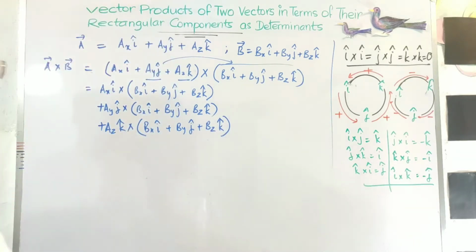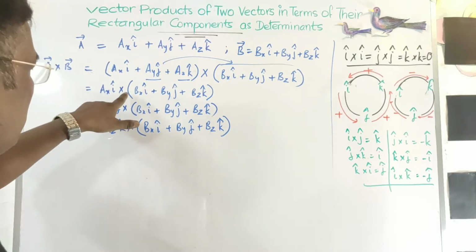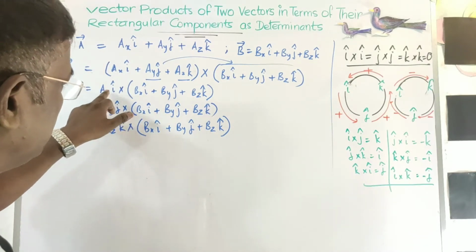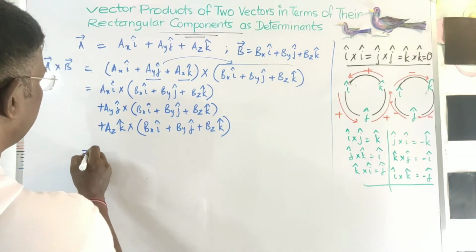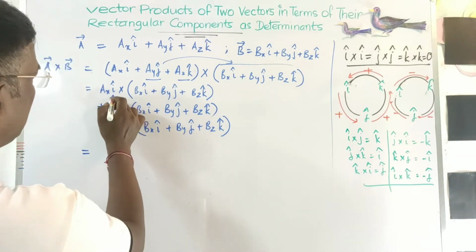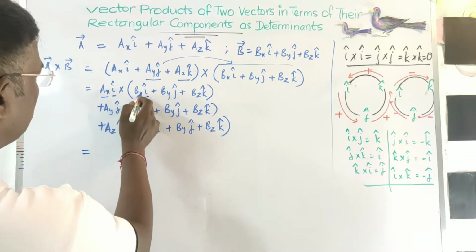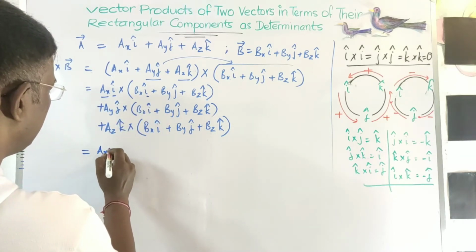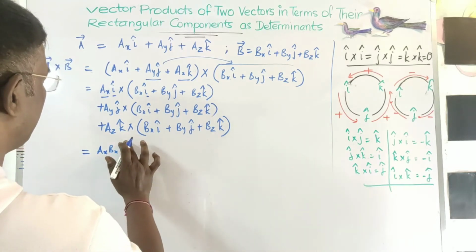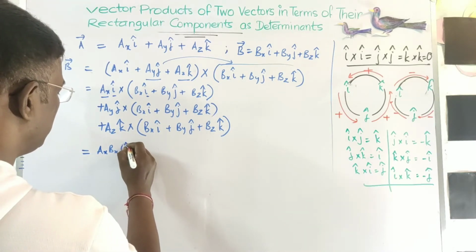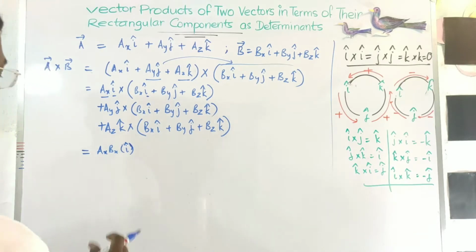Fine. Now individually I will open up the bracket and multiply with Ax i each of the terms in the first part here. So what I will be getting here, first take i as common, so Ax Bx, we get Ax Bx i, isn't it, i cap, give respect to unit vector. They may be small, they may be unit, but you need to give respect.